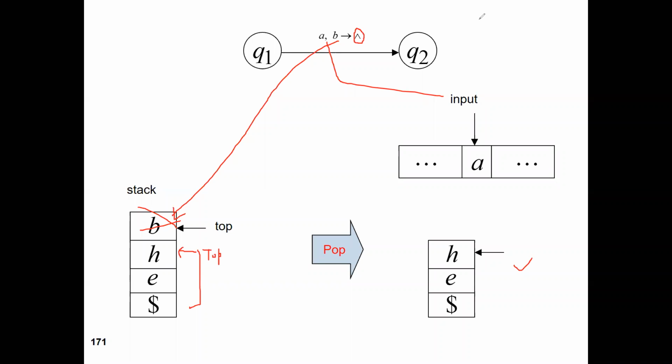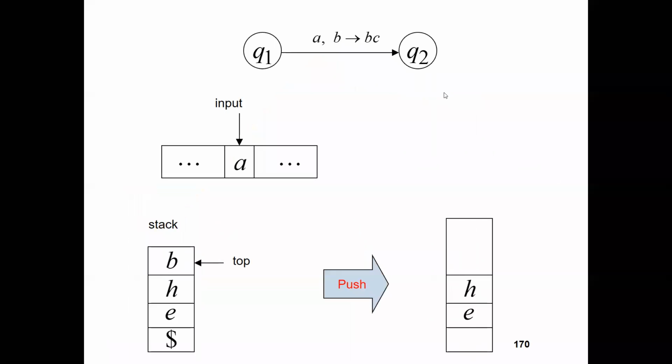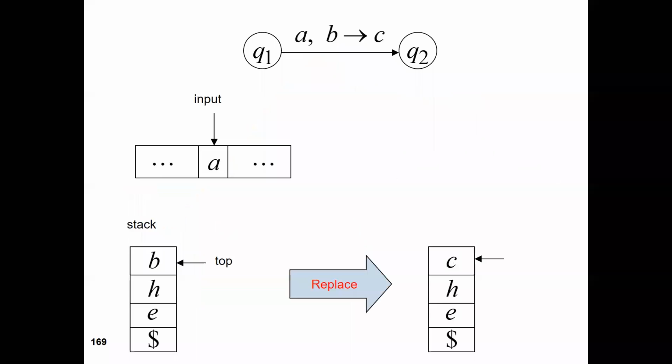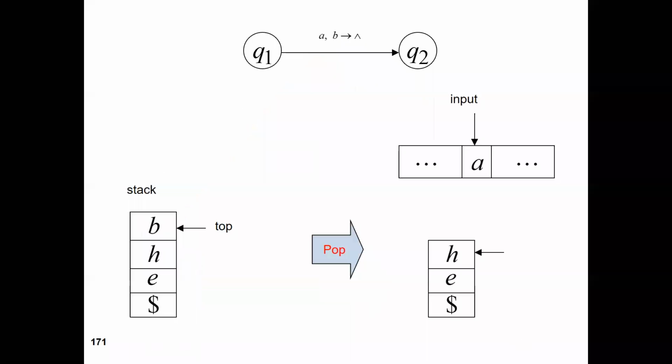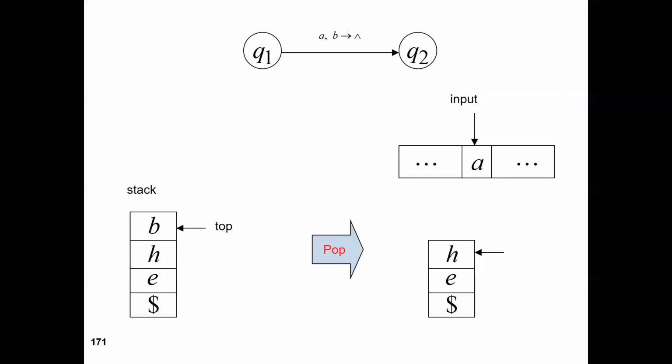So there may be three possible cases. First case, you are pushing a single element into the stack. This is the second case, where you are pushing two elements into the stack. And this is the third case. In this case, you are pushing nothing into the stack. So is it clear to all? If you feel any confusion, any doubt, then please let me know.